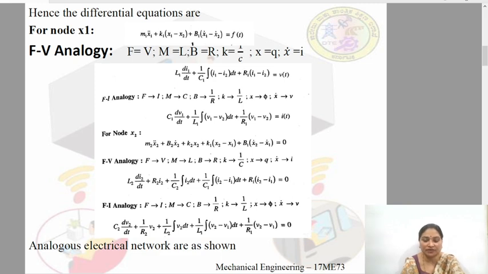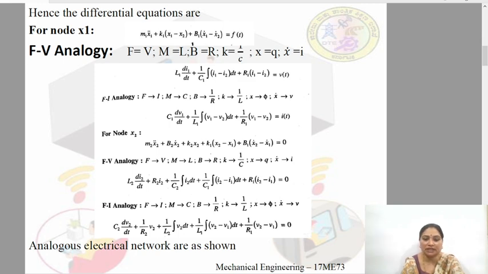In this equation we have to observe clearly that while we are writing for node 2, the node 2 displacements, or the voltages, have to be considered first. So after considering the voltage V2 as the reference voltage, it becomes C2 dV2 by dt plus 1 by R2 V2 plus 1 by L2 integration of V2 dt plus 1 by L1 integration of (V2 minus V1) dt plus 1 by R1 into (V2 minus V1) is equal to 0.